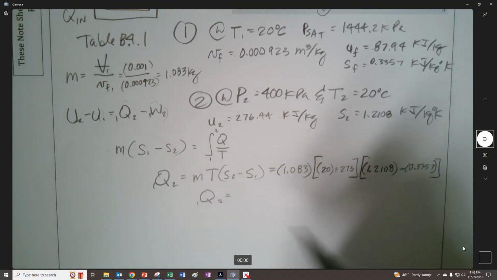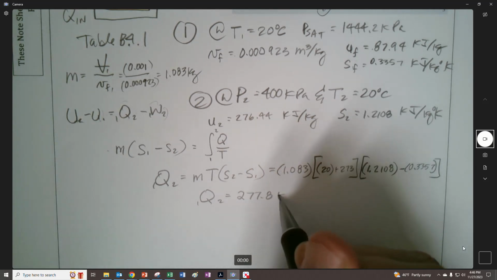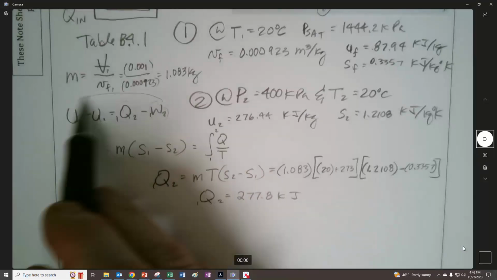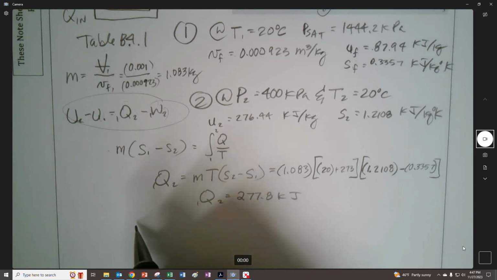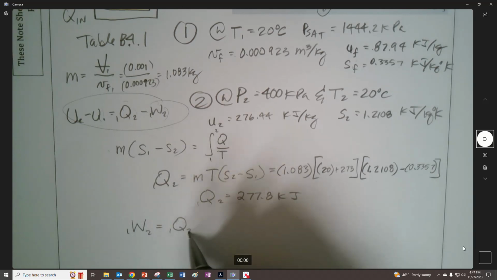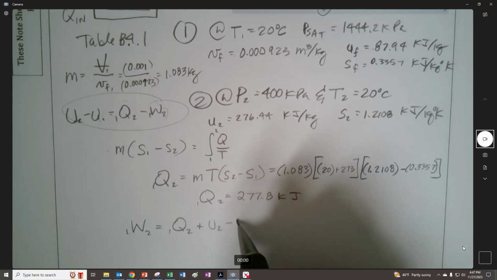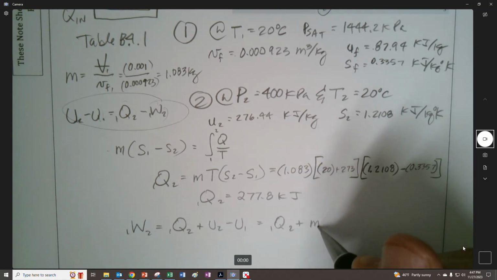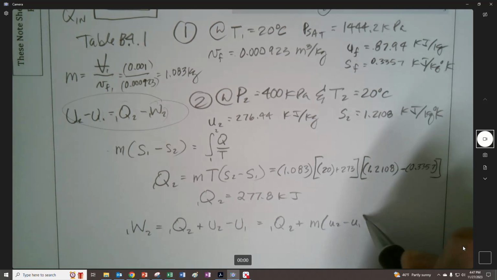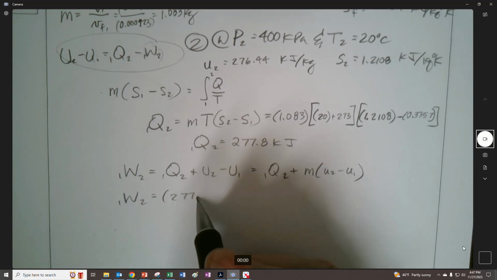So we get a positive value, and that means that is heat in, if you had no other way of knowing. And so we get a positive 277.8 kilojoules. And then, as I mentioned up above, we're going to have this rearranged so that the work between 1 and 2 is going to equal Q12 plus U2 minus U1, or Q1 to 2 plus M times U2 minus U1. Right, so work 1 to 2 is going to equal 277.8